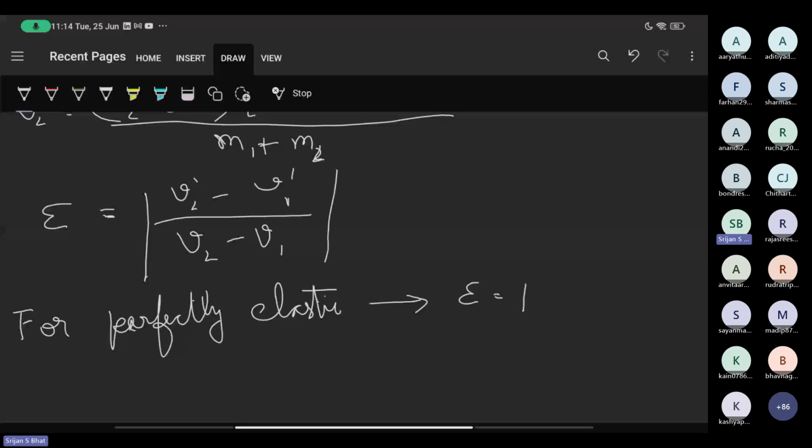And for an inelastic collision, it will be zero, and Q will be positive.